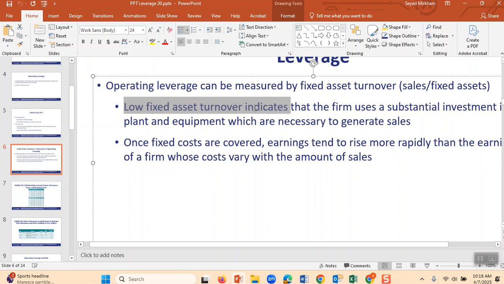But in Burger King, the number instead of 1 was 2, which means McDonald's is using a lot of assets to generate sales, compared to a lawyer, who will have a high number. The lawyer sells $1 million, gets $1 million of revenues in 1 year, and he or she has only $1,000 of rent.